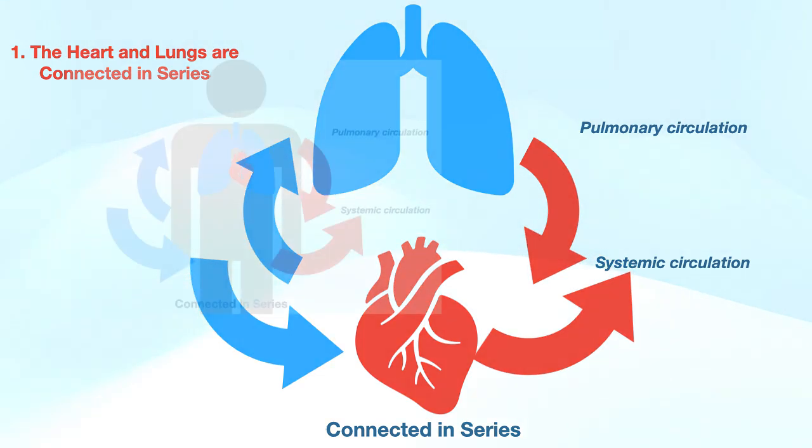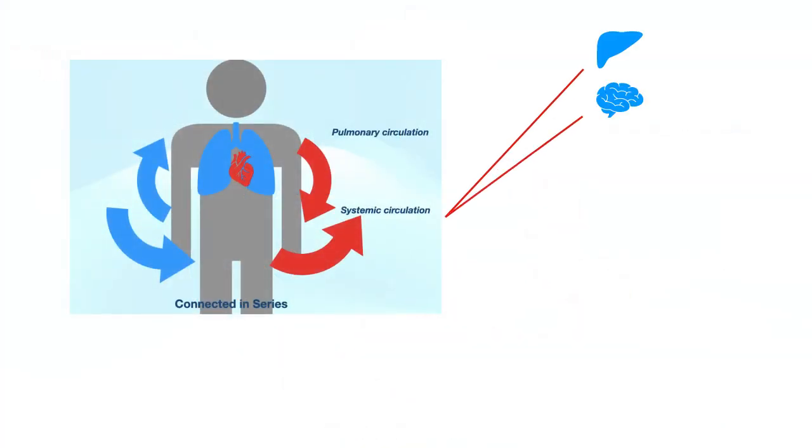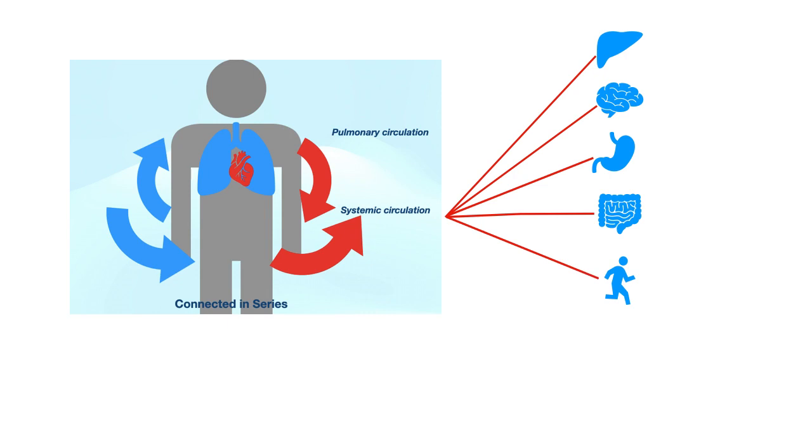Compare that to other organs of the body, for example, the liver, the brain, the kidneys, the intestines, and the muscles. You find that the blood flowing out of the systemic circulation from the heart to these organs goes in parallel. At the same time, all these organs receive blood. And this is very much an arrangement